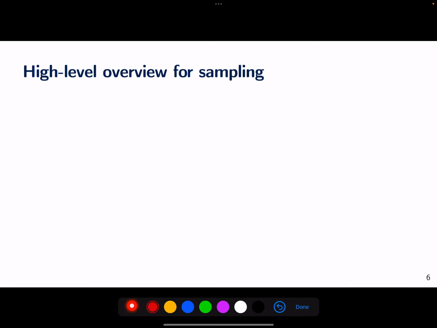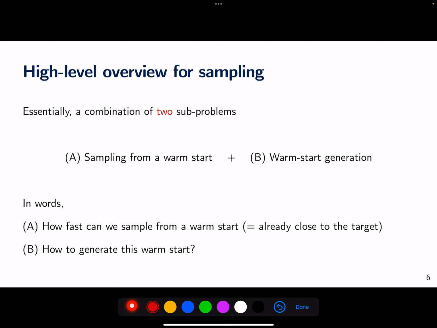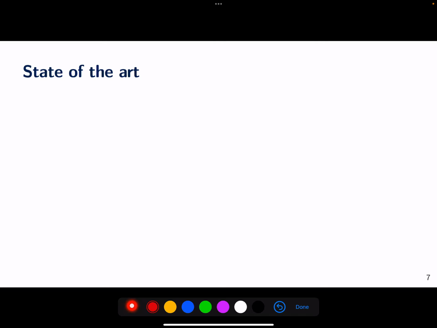When people study this problem, they instead study two sub-problems together. The first one is sampling from a warm start, and the second is warm start generation. Here, warm start means that your initial distribution is already close to your target distribution. Given this warm start, how many queries do we need to sample from our target distribution? And the second question is how to generate this good warm start. Okay. State-of-the-art results will be discussed in this slide, but I will focus